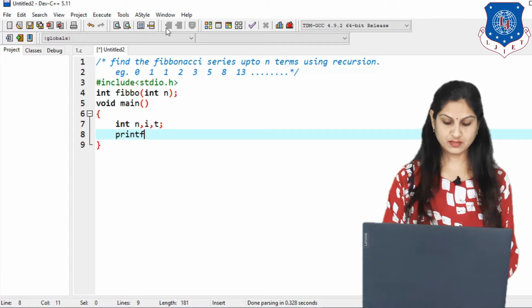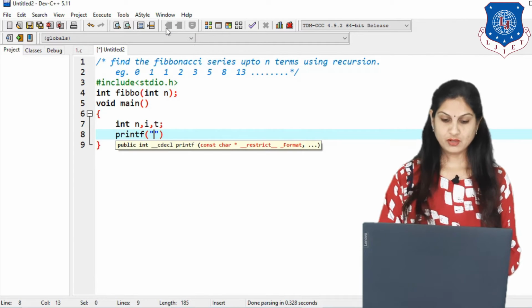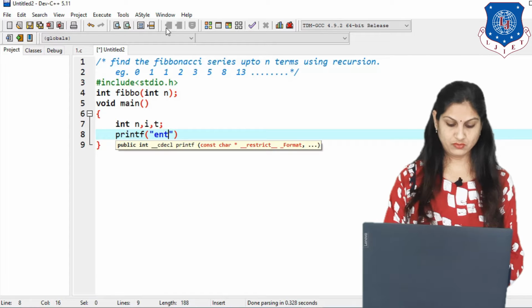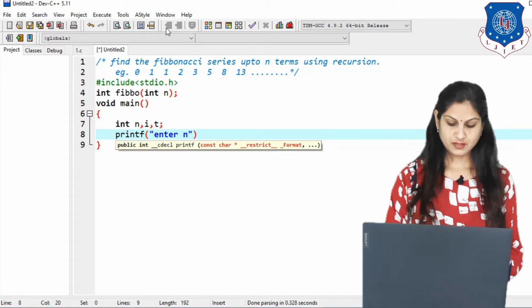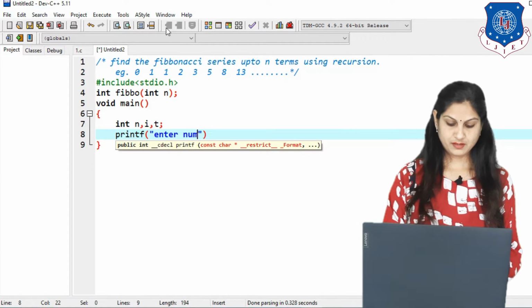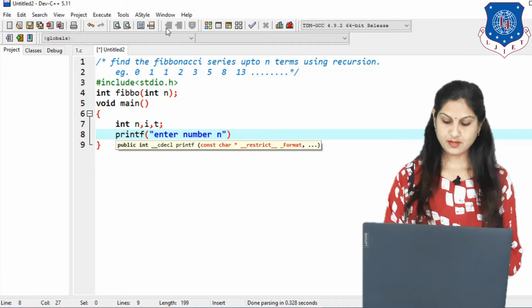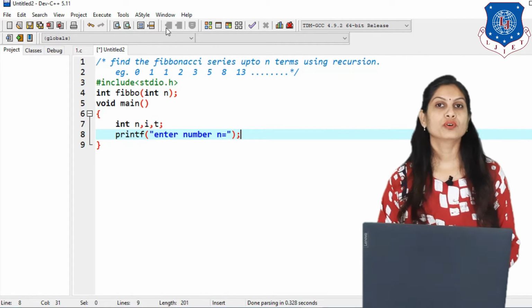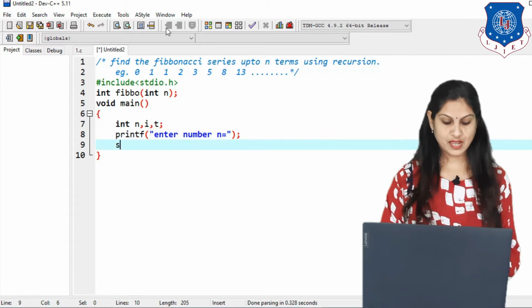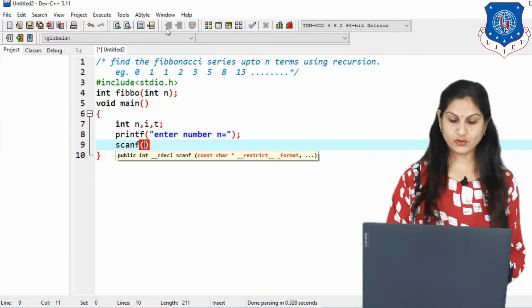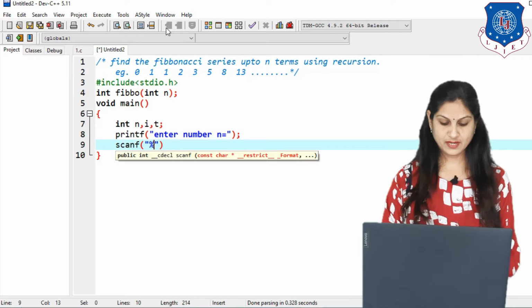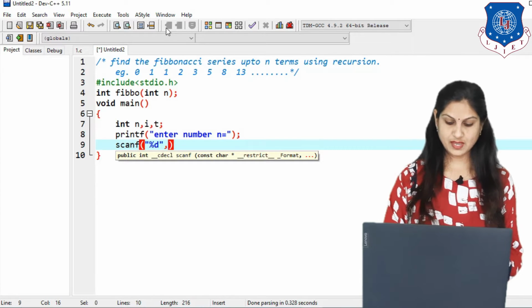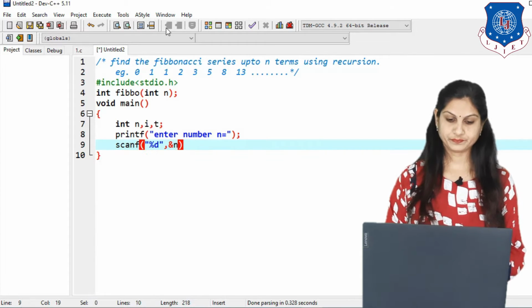Now first use the printf function for the input value: enter number n, for how many terms you want to display. And scanf is for reading the value of n, that is %d, and then &n.